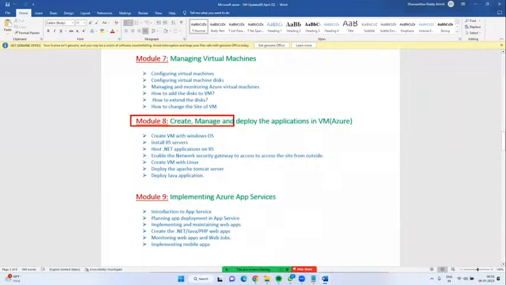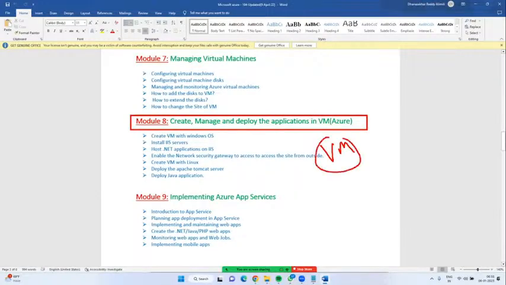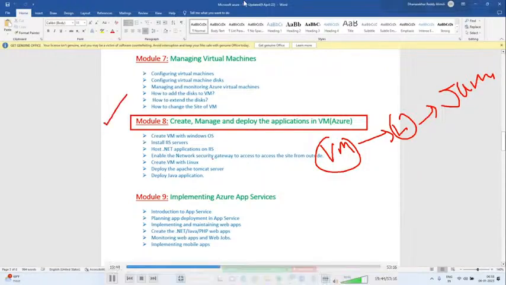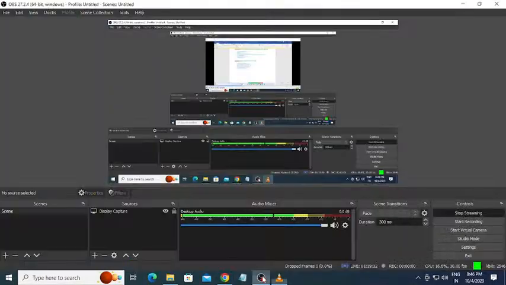In module 8, I will show you how to create a VM with the Linux operating system and, on top of it, how to host a Java application. There are different flavors of Linux: one is Red Hat, second SUSE, third Oracle Linux, fourth Ubuntu, and many more. Linux is open source. How to create one machine with the Linux operating system, and on top of it how to host one Java application, we will see in module 8. In module 9,